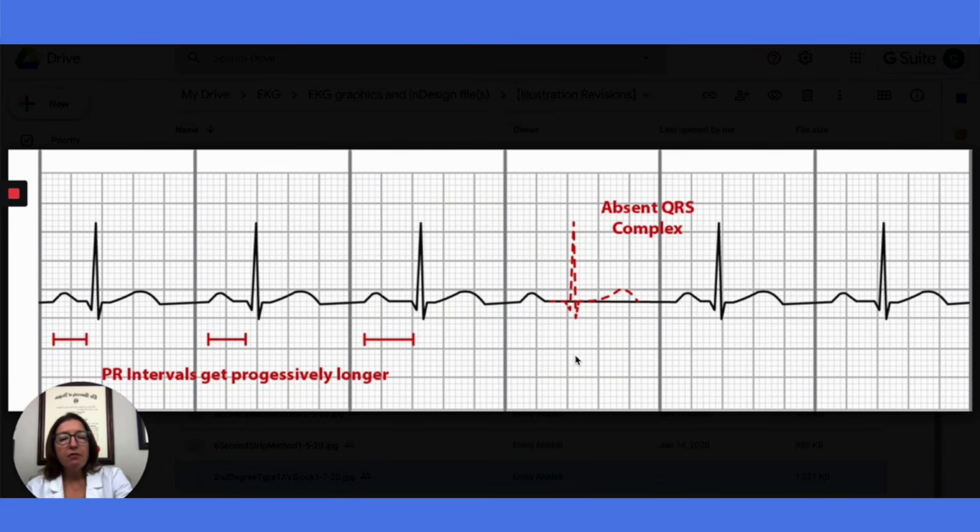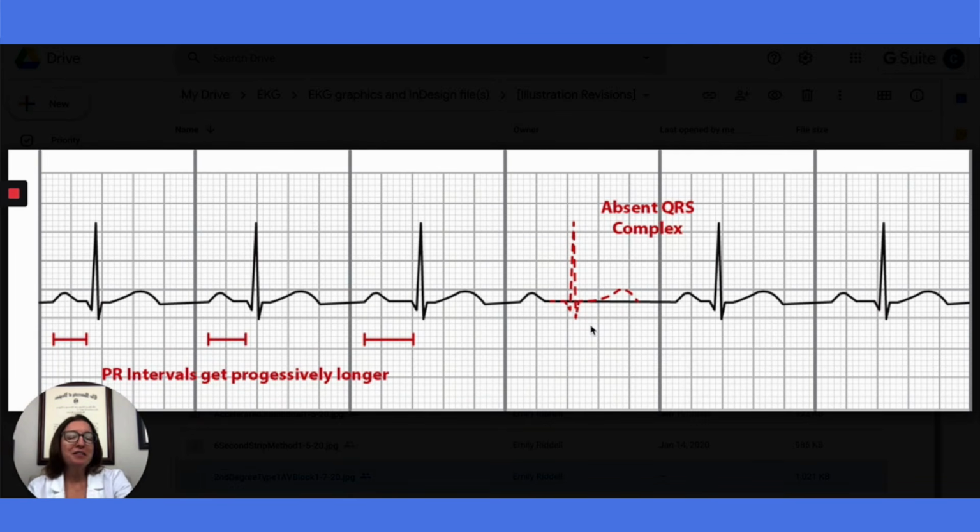So in terms of how you remember this, to add on to our cute little poem, the hint is longer, longer, longer, drop. Then you have Wenckebach block, okay? And then to carry out our analogy of the dysfunctional couple, again, the woman is the P wave, the guy is the QRS complex. He comes home later and later every night until he just doesn't show up one night.